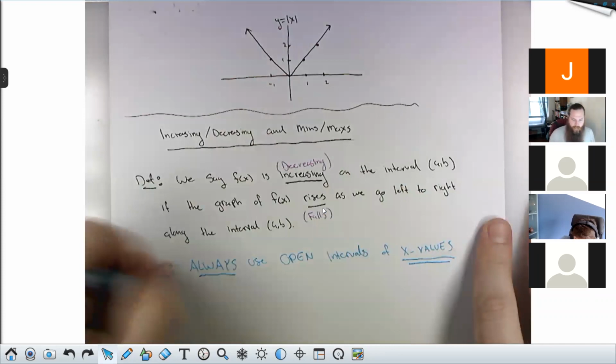I can't say this enough. No matter how many times I say it, I'm sure there will be some mistakes made. There always are. If I ask you where is a function increasing or decreasing, your answer should